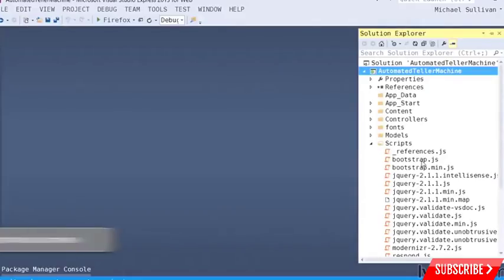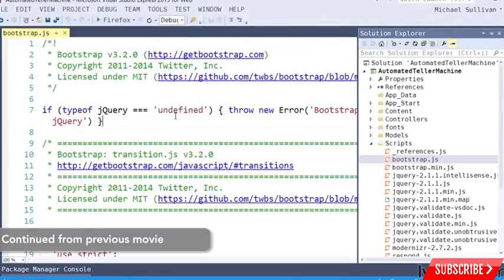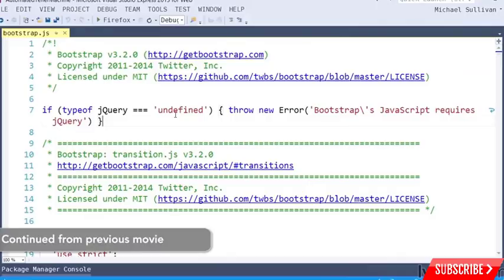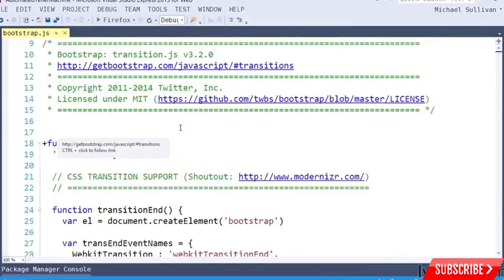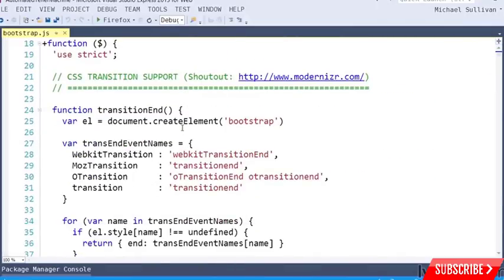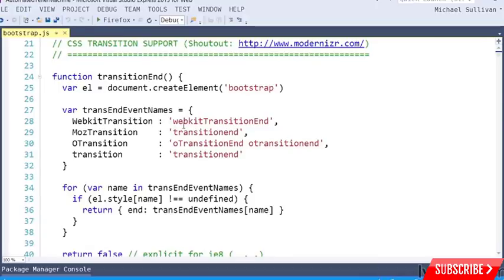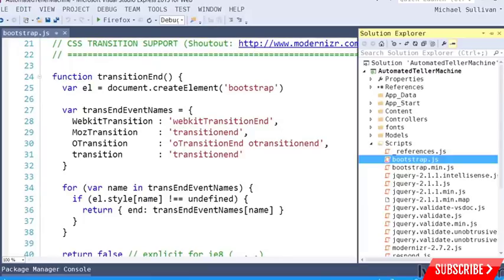Let's start by opening up the bootstrap.js file in the scripts folder. Bootstrap is a popular front-end framework used to create responsive web pages, which we'll take a closer look at in the next video. Here we see JavaScript expressions and functions more or less as they were written by a developer. Right underneath that file, we have